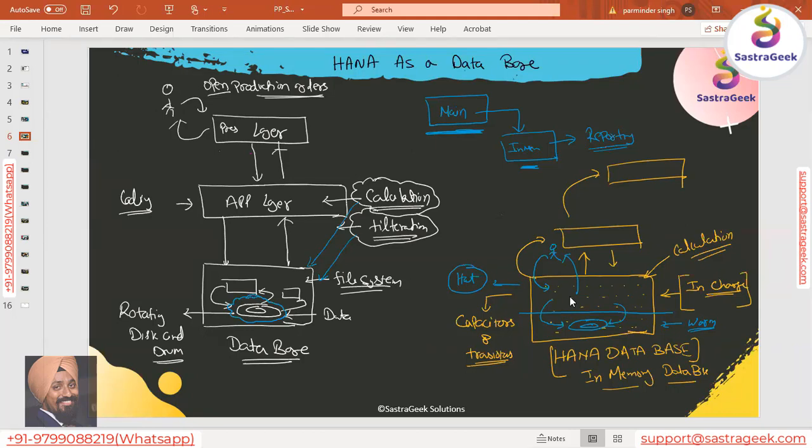All of the data which will be used frequently by the system would be there in the hot layer. And the warm layer is where, if the data is not used frequently, you can push it there. It's warm data, which is used only occasionally, maybe for month-end processes. That data can be pushed down into your warm layer, and the backups are stored in the cold layer. So most of the action is in the upper layer, the in-memory layer. That's why they have called it the hot layer, or the temperature layer.